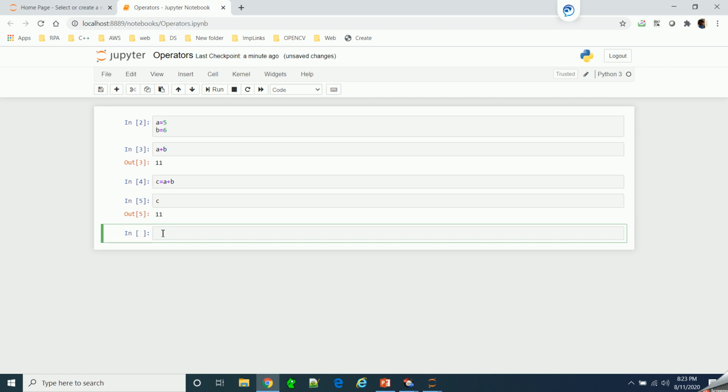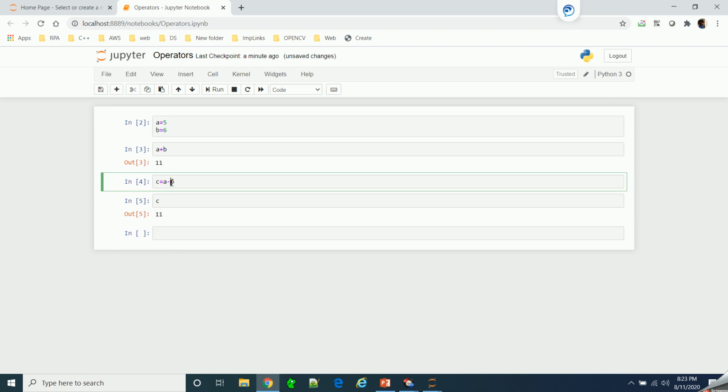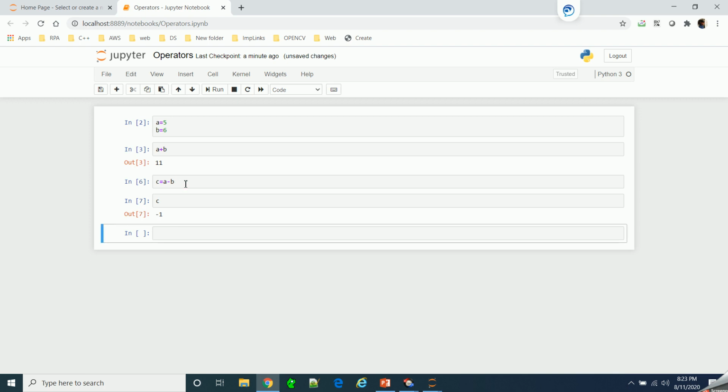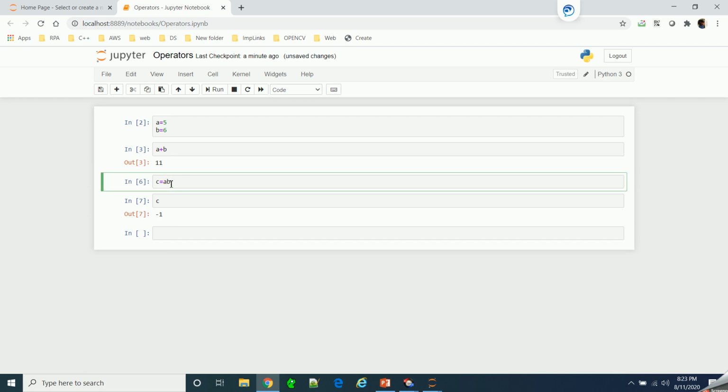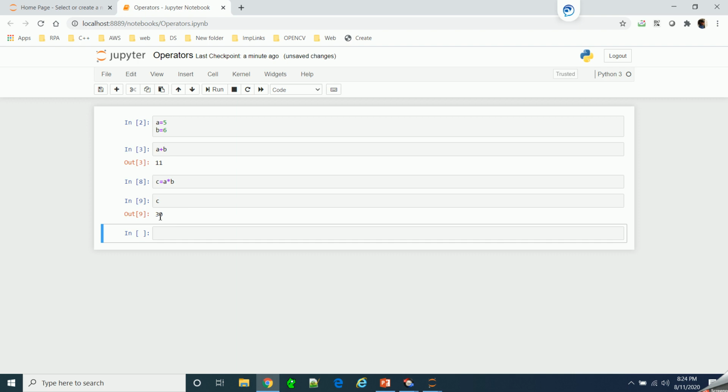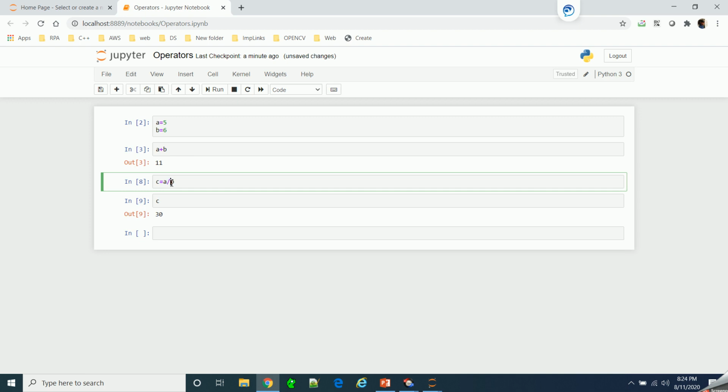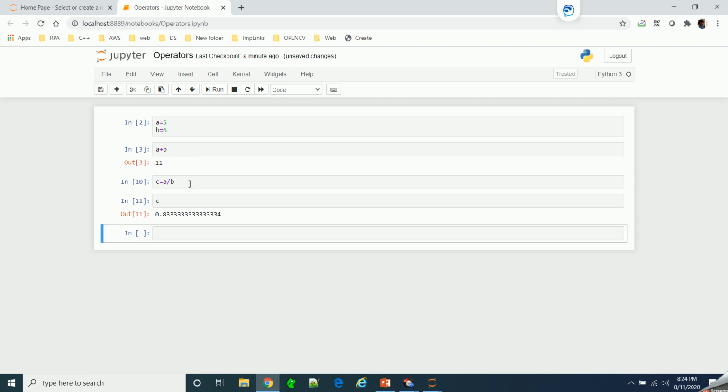Next, similarly, this is a plus, addition. You can use this minus and this will give you the output. You can also, similar to this, use this star. This star is nothing but multiplication, so it will give you the result of multiplication. So 5 into 6 is 30, and you can use this division, so it will give you a result like this. So it is 0.833 after division. So these are division.